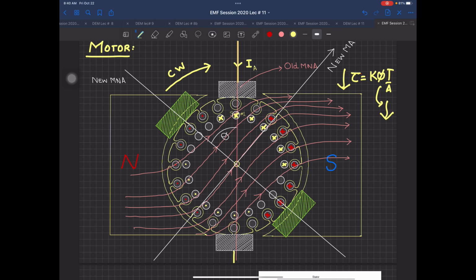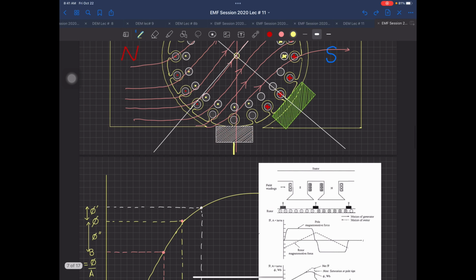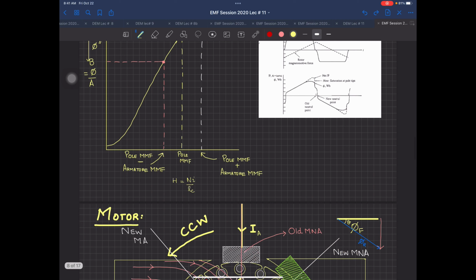So this is a very big problem of armature reaction, and less torque means that now you are having more load. More load means that phi A will increase over here more. So more armature reaction means more problem. So this problem will be more aggravated as you continue to leave it. So there has to be some solution to this one, so that you can actually have this machine working without armature reaction. So if I just concise this one, I will come back to this diagram just a little later.